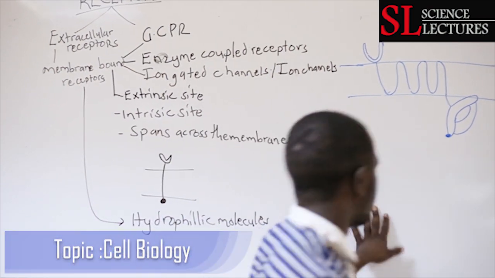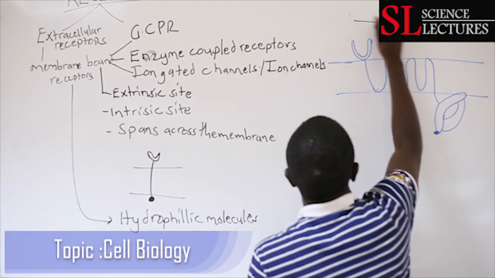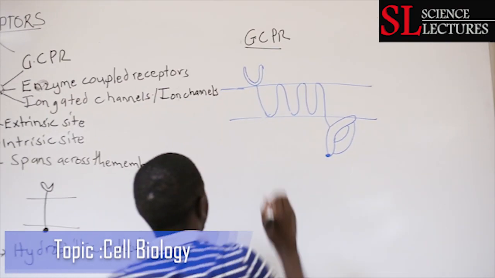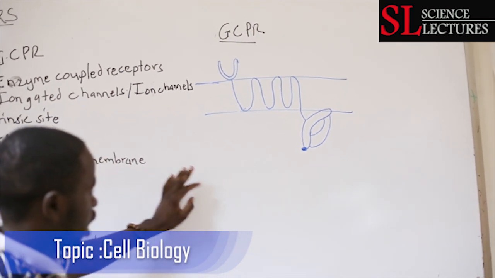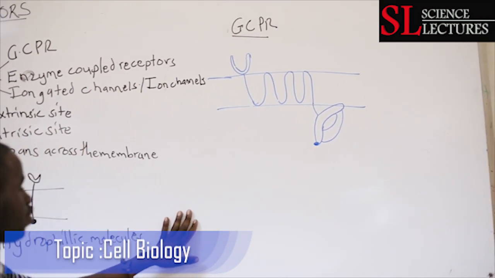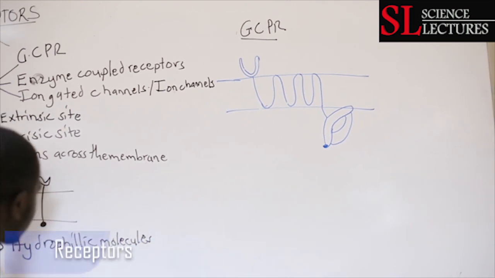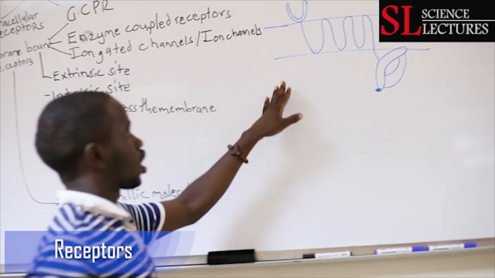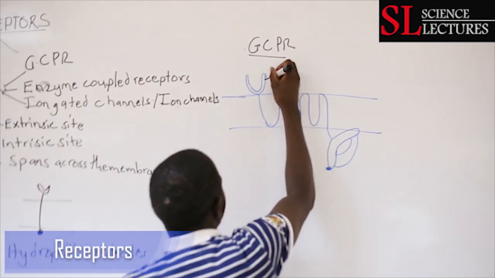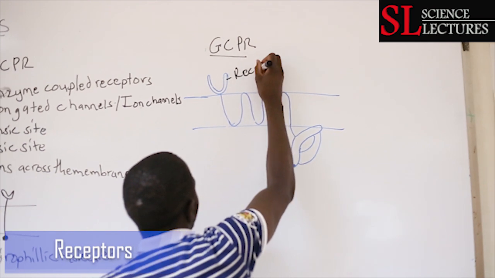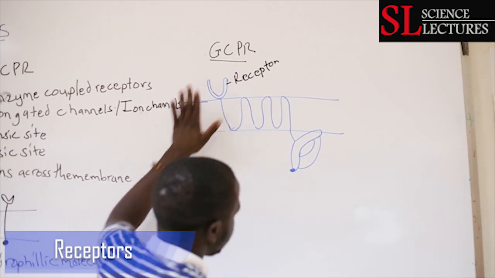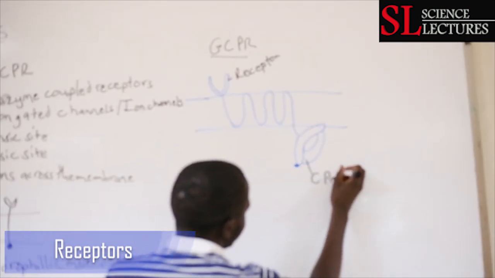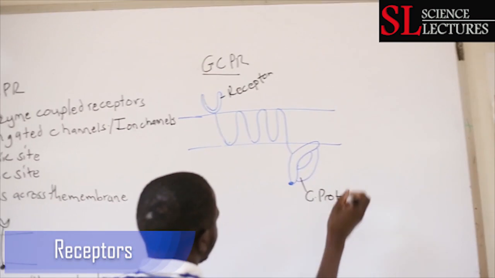After us having had a very brief background of membrane-bound receptors, let us look at the first type of membrane-bound receptors, which are the G-coupled protein receptors. I said a characteristic of membrane-bound receptor, it has an extrinsic site, the one that spans across the membrane, and an intrinsic site. So our G-coupled protein receptor, we have a receptor, that is why we call it a G-coupled protein receptor. It will have a receptor on the cell surface membrane. Then we shall have our G protein, which is our intrinsic site in this case,